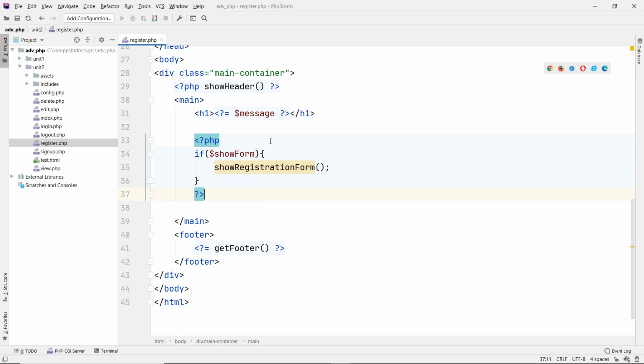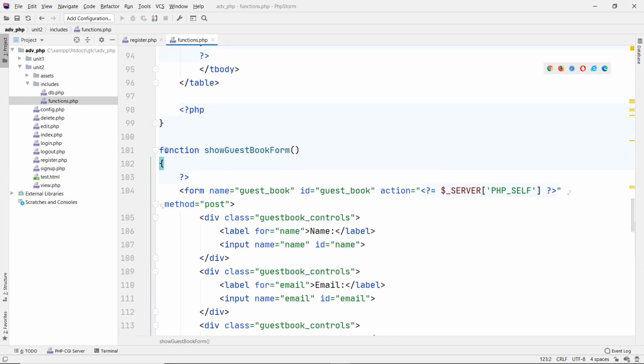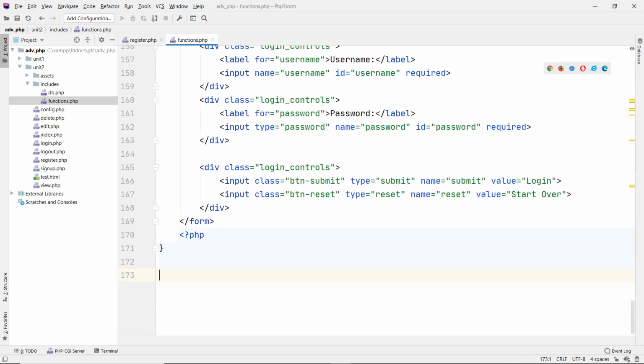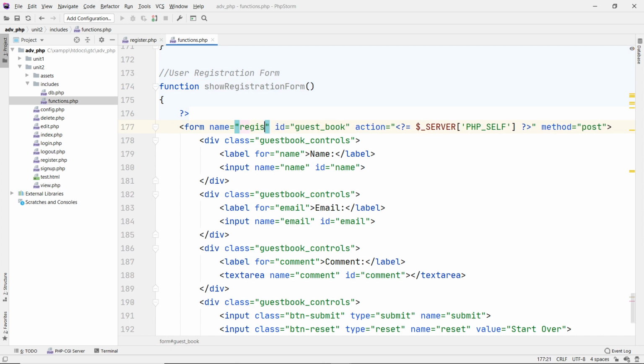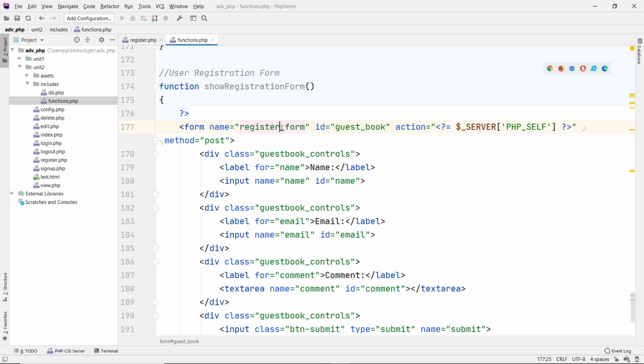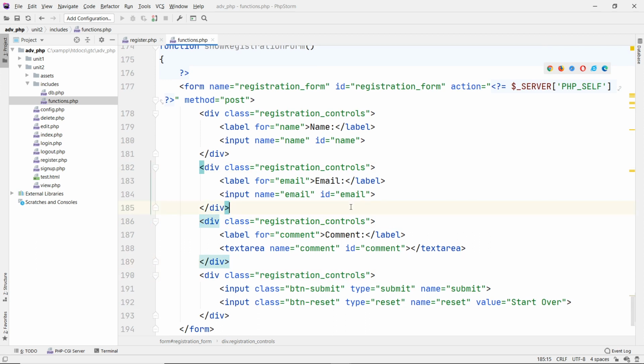Okay, and so let's go and create our form first. In the include functions file, I will copy the guestbook form and just move that to the bottom. And we'll just add it down here. So let's say user registration form. And we'll just rename this to say show registration form. This will be register form. Something like that makes more sense to me. Okay, so this will be guestbook controls. You can rename it to register, just in case you have more control, or maybe registration controls. Okay, I'll do that. We'll change all these to that for now, and then I'm going to open my CSS